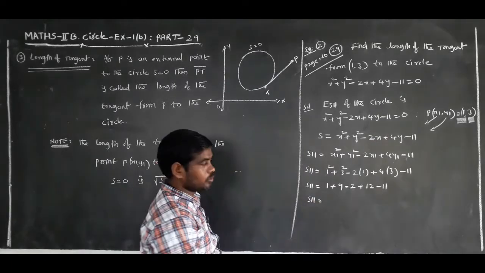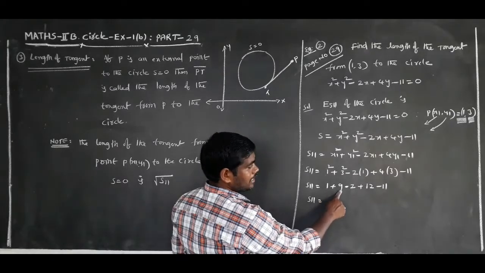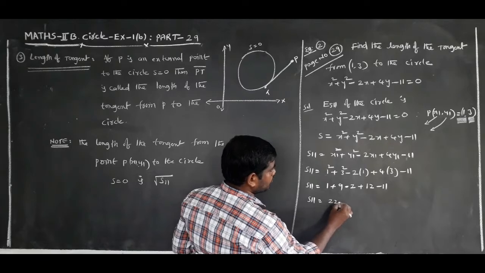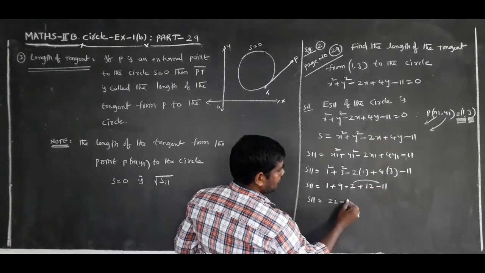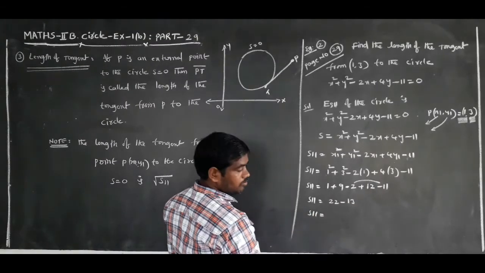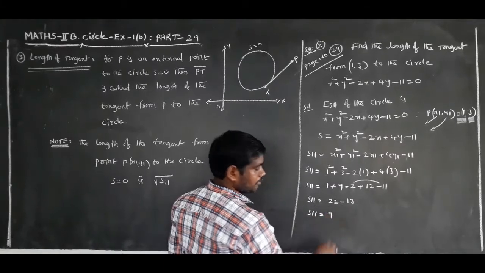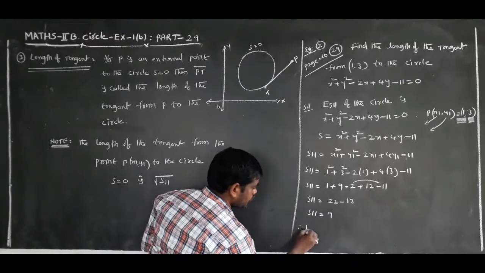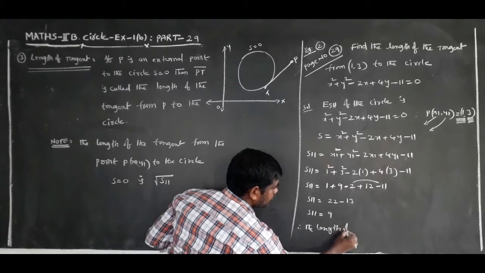S11 is equal to, first adding positive terms, 1 plus 9 is 10, plus 12 is 22, minus 2, minus 11, minus 13. S11 is equal to 22 minus 13, 9. Therefore, the length of the tangent